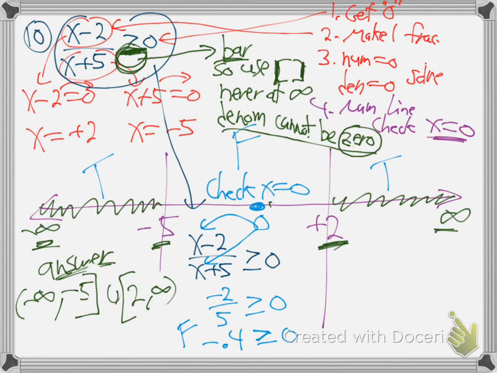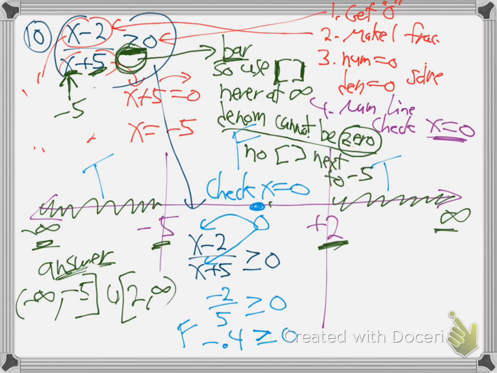So what could you plug in? Let me erase some of this. What could you plug in right there that would make that whole denominator 0? -5, huh? -5 plus 5 would make that denominator 0. We can never make the denominator 0. So that means no bracket